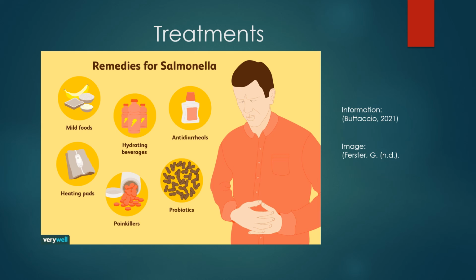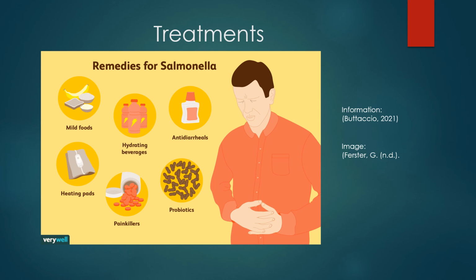Dehydration occurs when one loses more fluid than consumed. When adults suffer dehydration, the following signs occur: excessive thirst, decreased urinary frequency or output, darker than normal urine color, dizziness, episodes of confusion, and extreme fatigue. While the patient recovers from Salmonella, certain foods should be avoided as they can worsen symptoms. The following should be avoided while infected: alcoholic drinks, caffeinated beverages, dairy products, fried or greasy foods, sugary drinks, fruits like apples, peaches, or pears, spicy foods, and drinks containing artificial sweeteners.